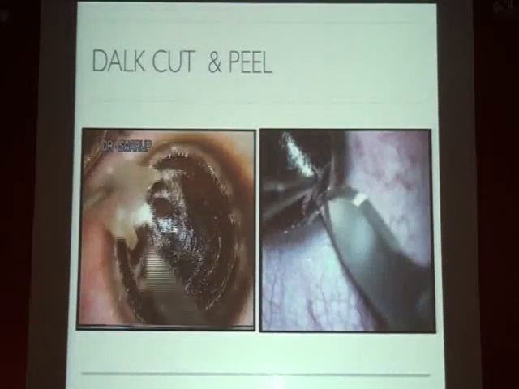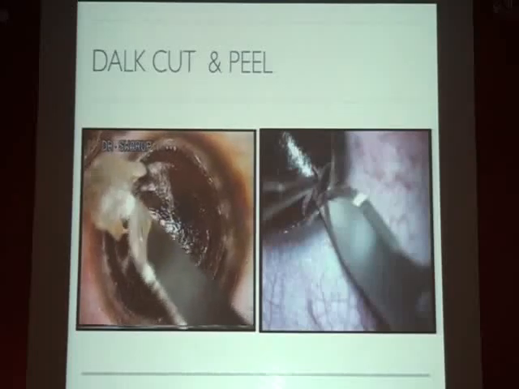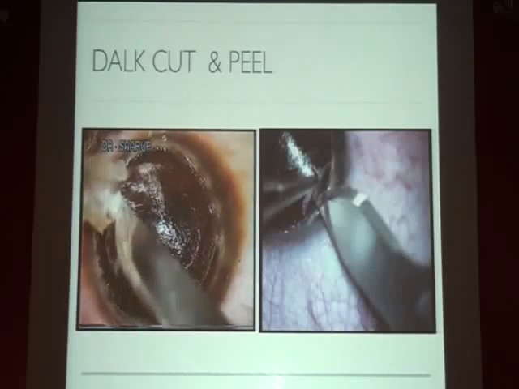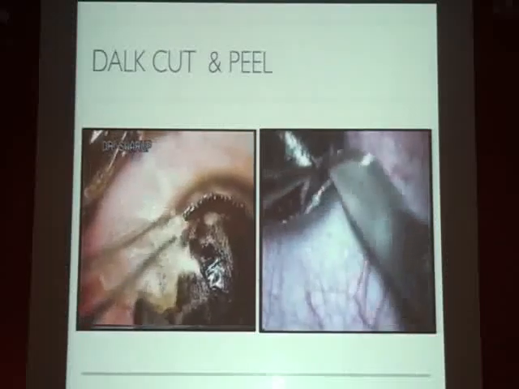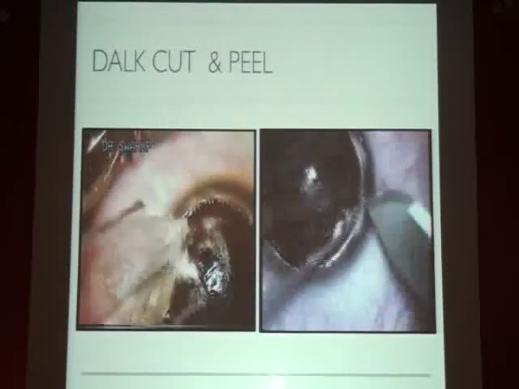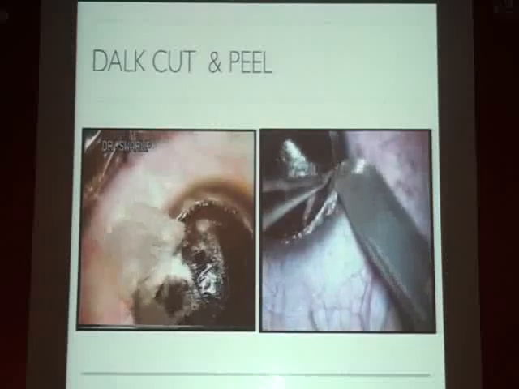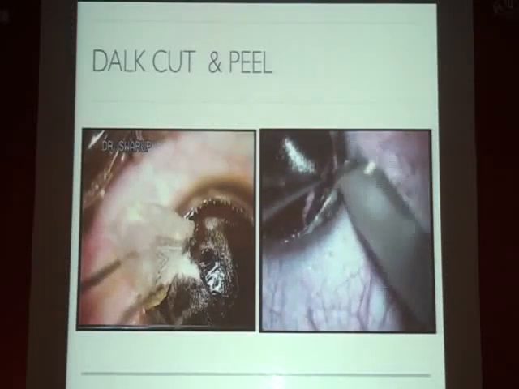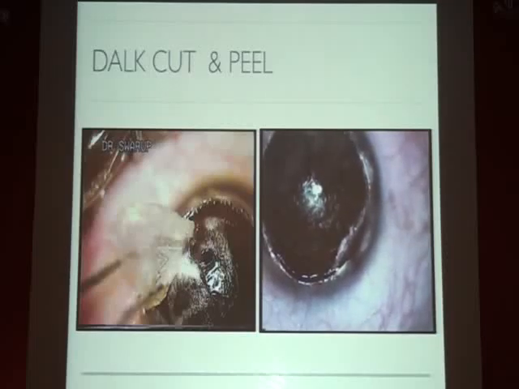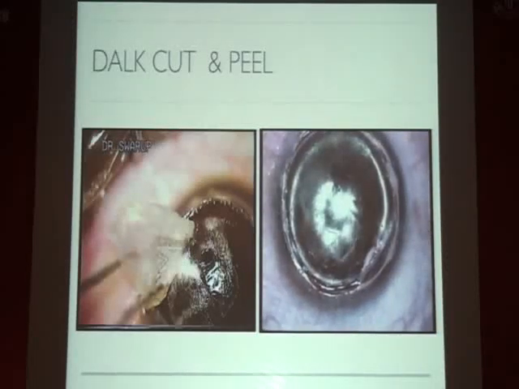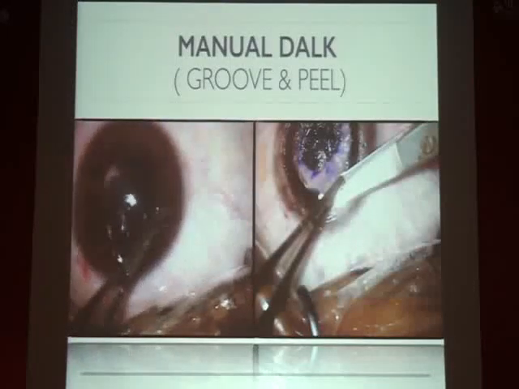and usually you end up using a sharp or a semi-sharp instrument like this. When you're doing that, you don't know when you're going to touch the Descemet's membrane with that, and sometimes you can end up perforating the Descemet's membrane if you're too aggressive. So doing a pre-Descemetic DALK is okay, but if you're trying to do a Descemetic DALK in these cases, we can end up in a situation like this, and this can happen in any part of the cornea. It could happen in the periphery, it could happen in the center, because you're using an instrument to do the